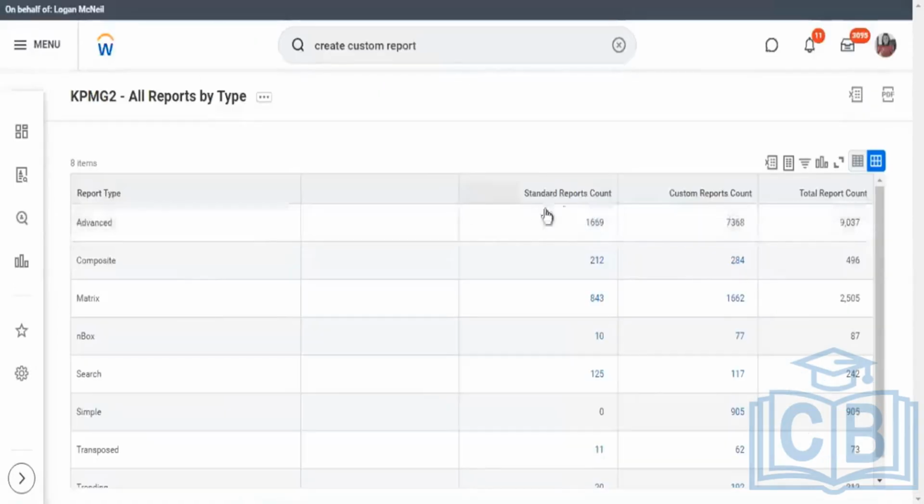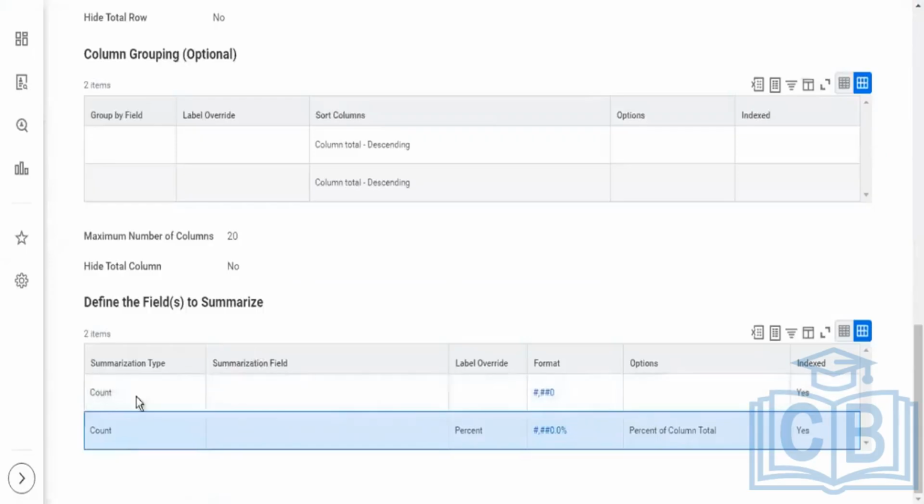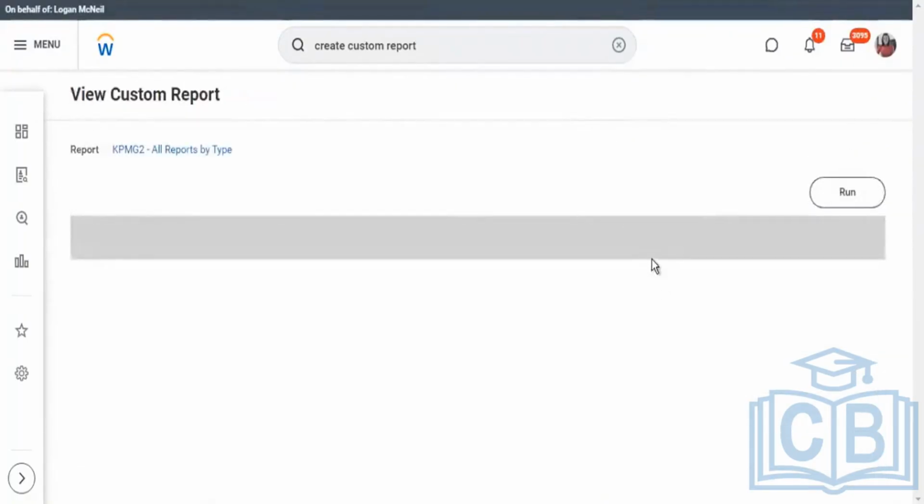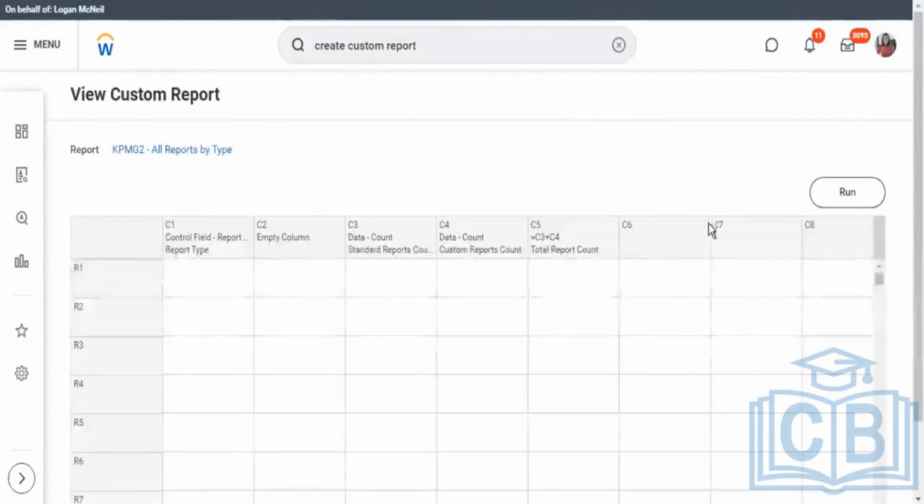Here we brought data from two different reports together. We did a calculation. Now we also have some additional data on these reports. We have these percentages. I have the flexibility and I can control where those values are rendered from the same report on this composite report. Again, I want to add another empty column. I'm saying this column would be